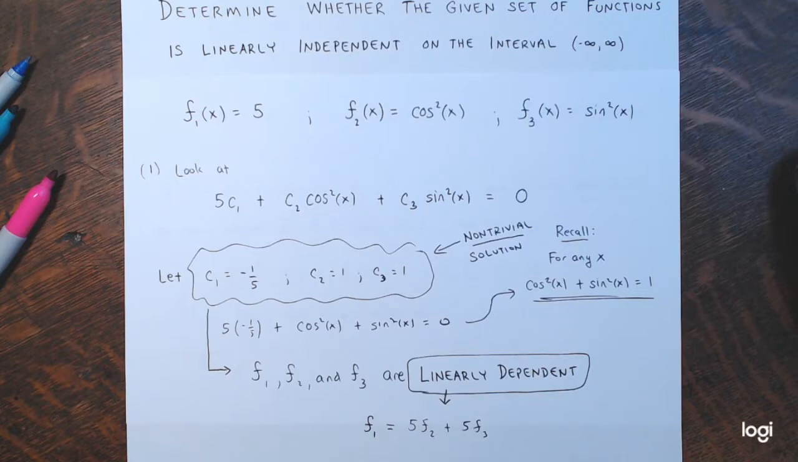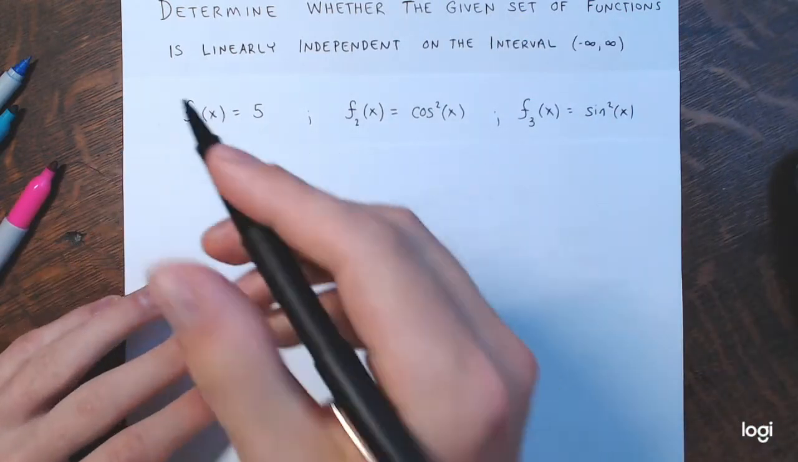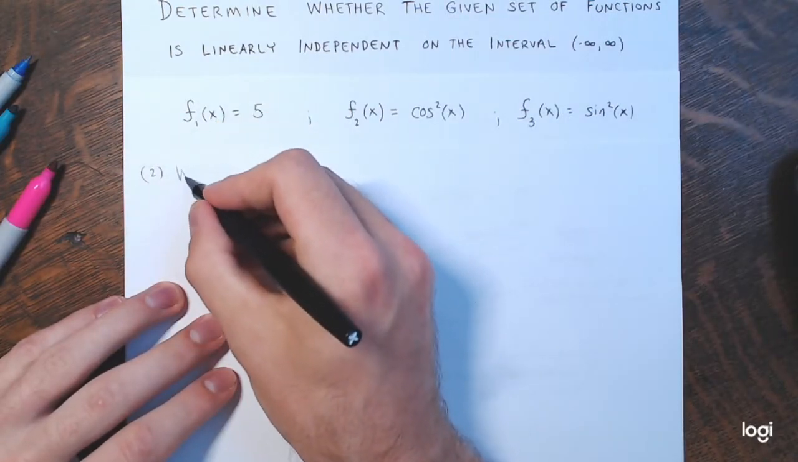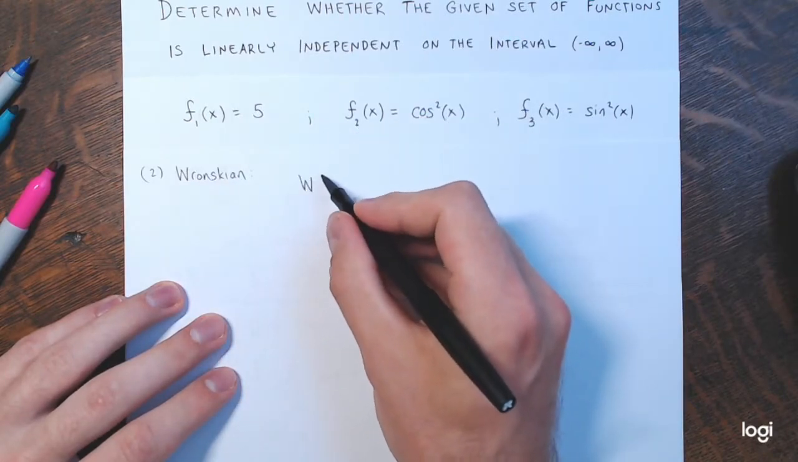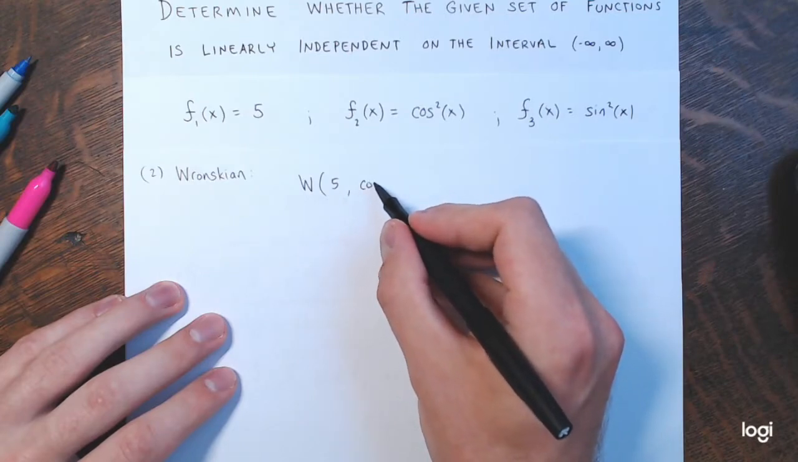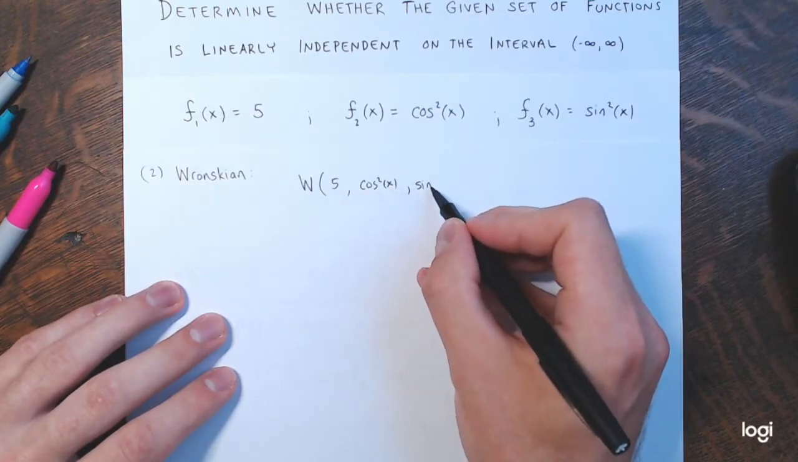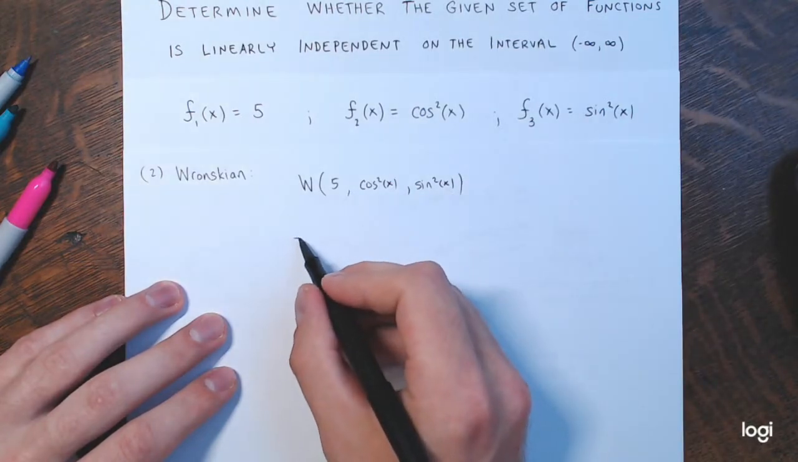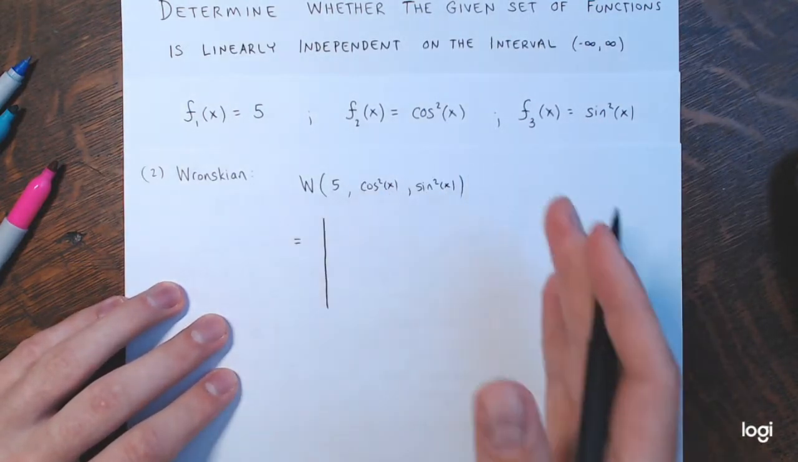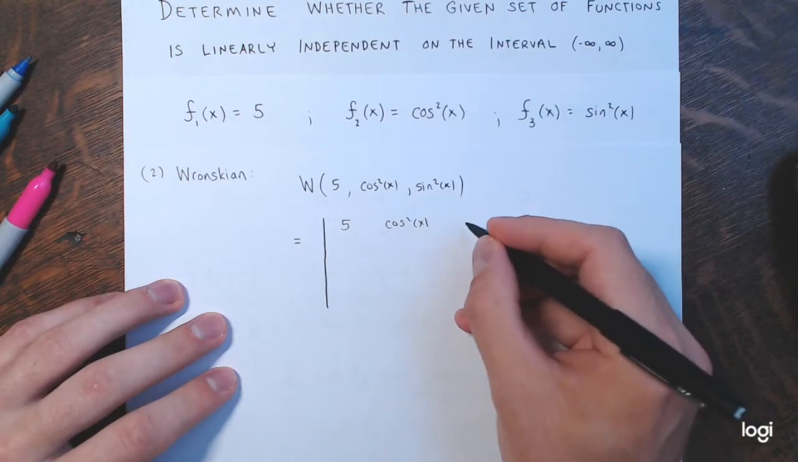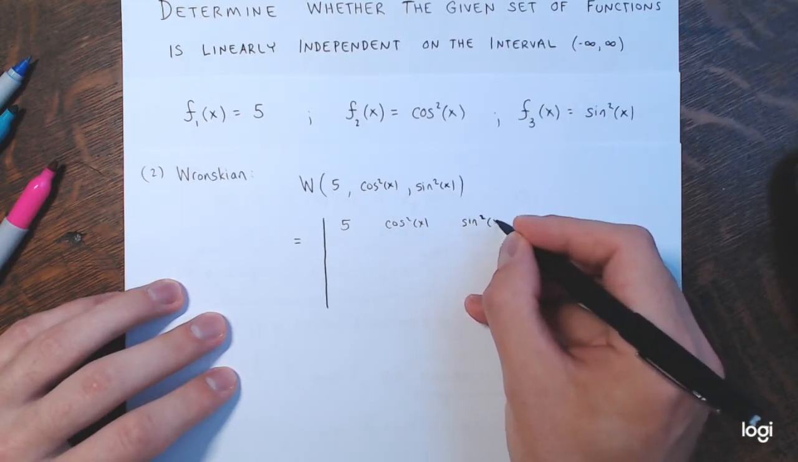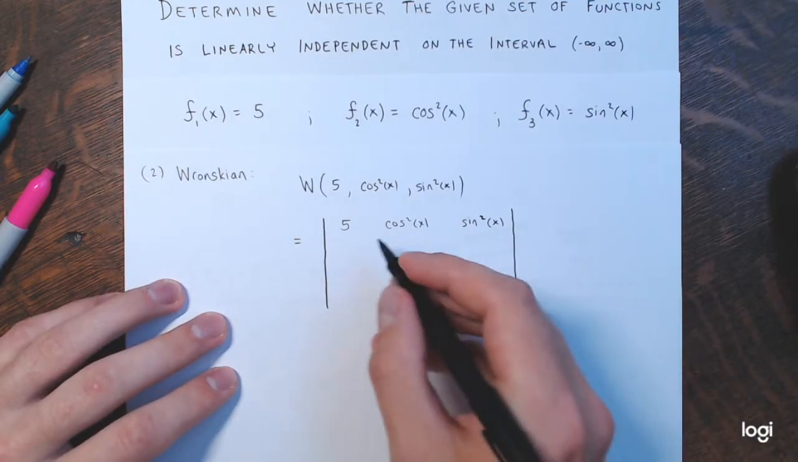All right. Now again, the alternate method to showing that these are linearly dependent would be to use the Wronskian. So what's W of 5 cosine squared x, sine squared x? So remember again, this is the determinant, and it's 3 functions, so it should be a 3 by 3 where the first row are my functions, the second row is the first derivatives,